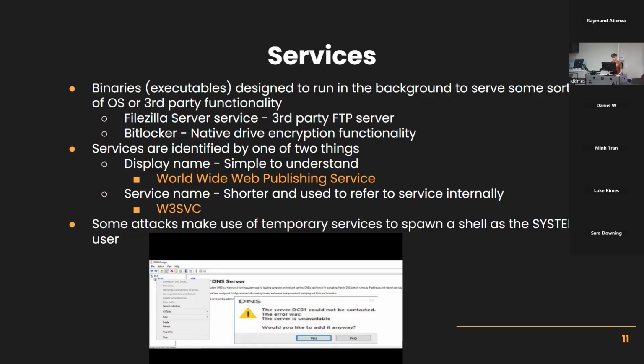It's very simple to understand. It's generally pretty explanatory of what the service is. It'll usually say like OpenSSH or